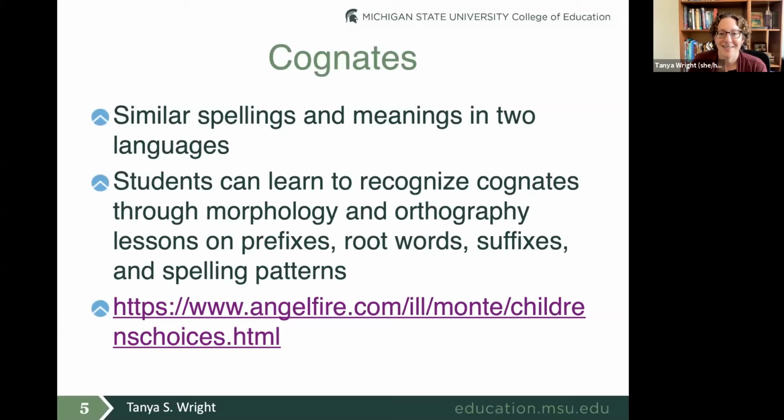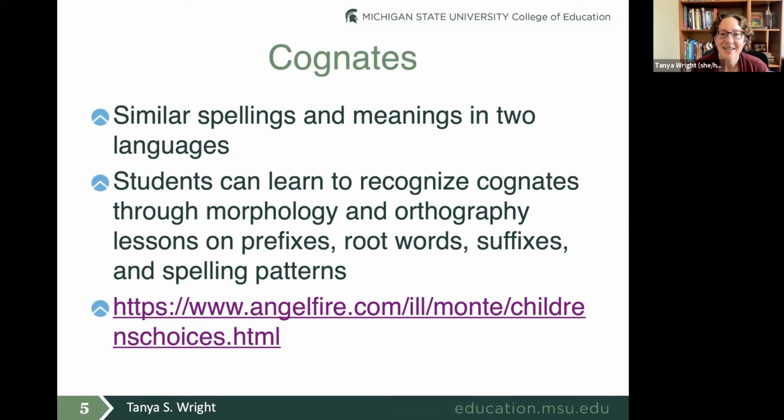You're not going to find cognates with Arabic and English because they don't come from the same root, the same language, right? So I've actually seen really cool things to show to middle school and high school students that are language trees that show the other languages that each language has developed from, and therefore why there might be cognates. That might be a little beyond the scope of K-3 kids, but it's pretty cool.